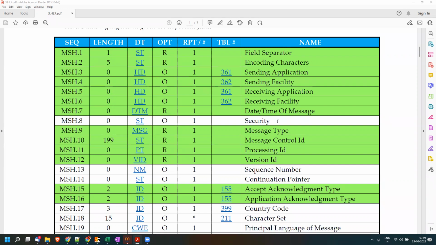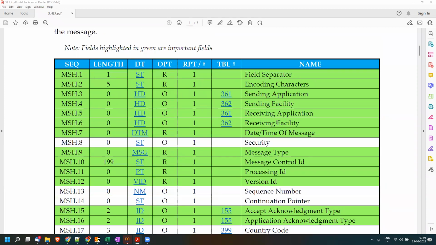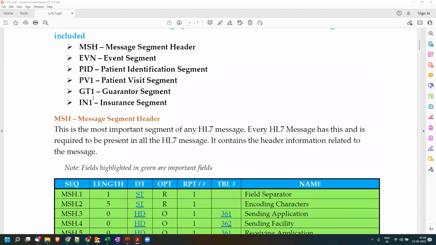And the last column is the additional need of this particular column. Wherever it is self-explanatory or just understandable, we'll quickly touch base on that. But wherever there is an explanation needed, I will go ahead and explain the functional reasons and all behind it. That way, we'll complete all of these segments one by one: MSH, EVN, PID, PV1, GT1, and IN1. Once this is done, we will look at an ADT A01 for example, and then we will also